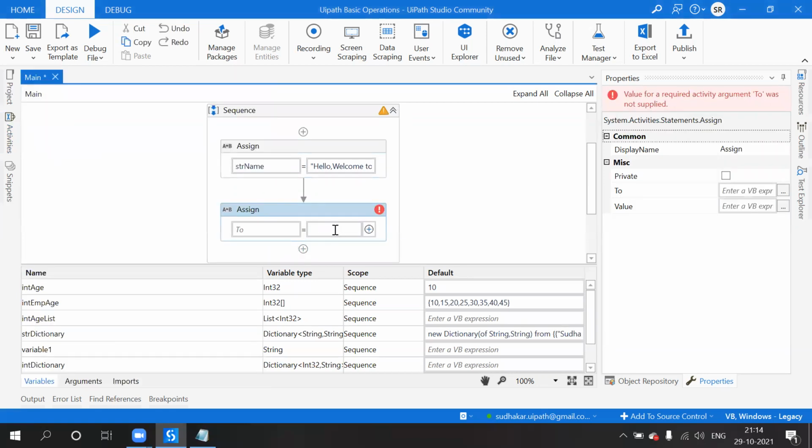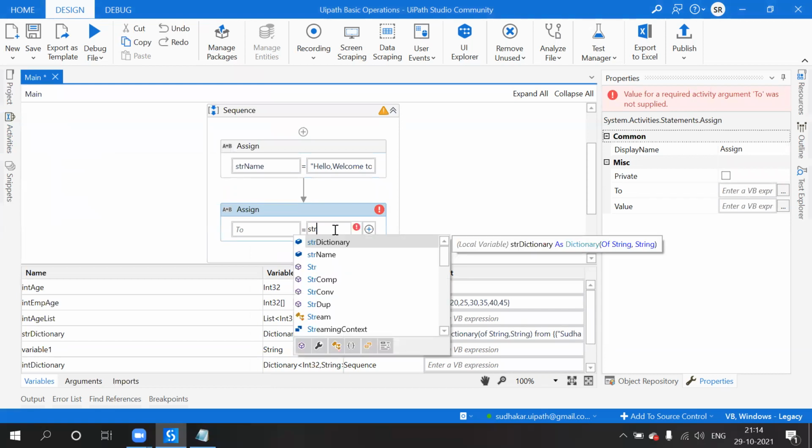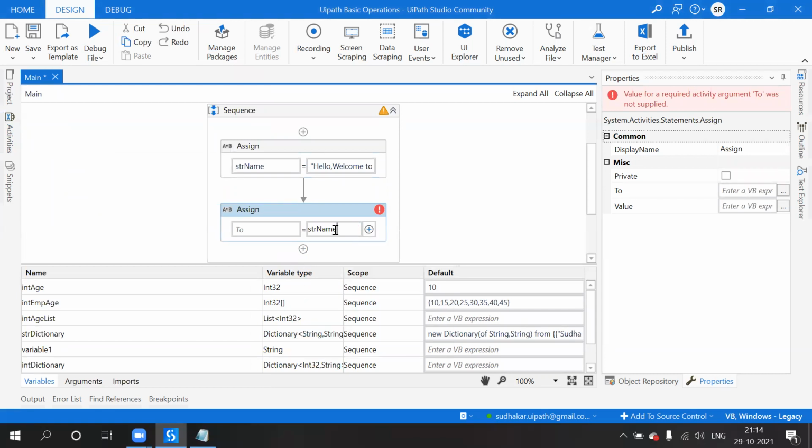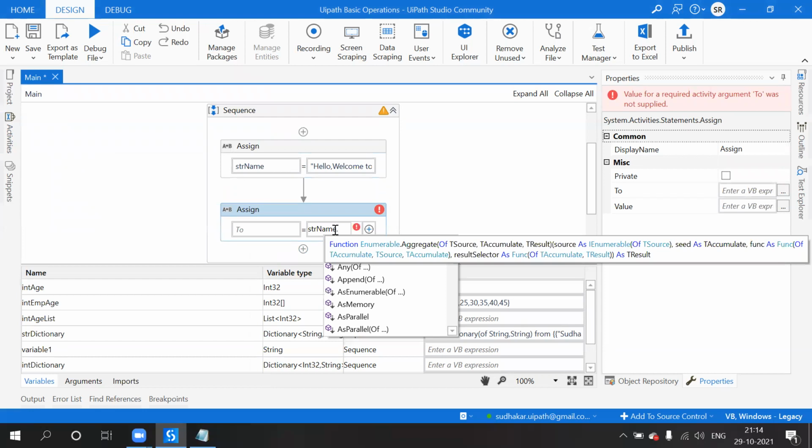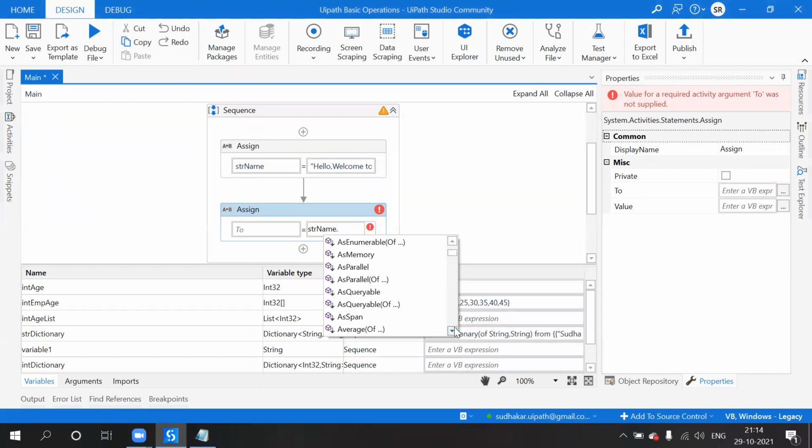So I want to get parallel, queryable, open, cast, clone, compare, contain.